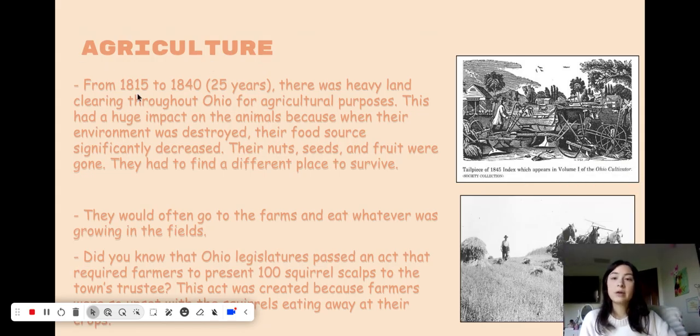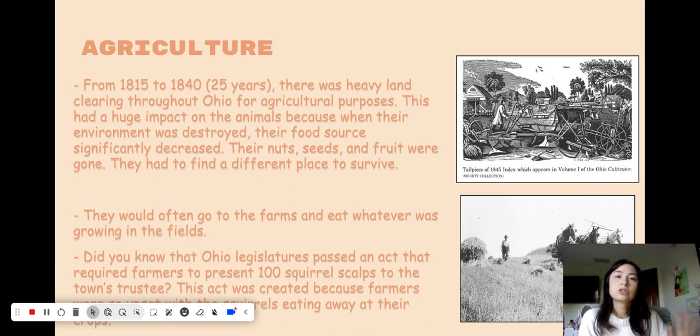Now, agriculture from 1815 to 1840, they had heavy land clearing, a lot of land clearing for these farms. And this had a huge impact on the animals there because they had lost their homes and their food source. And the trees, they provided a lot of nuts, seeds, and fruit for them, so they had to find a different place to live. And a lot of them would go to the farms to eat whatever was in the